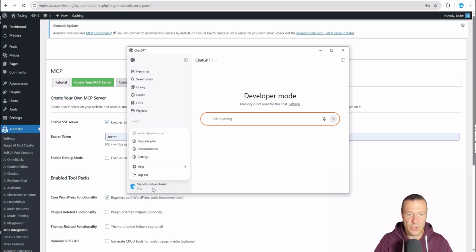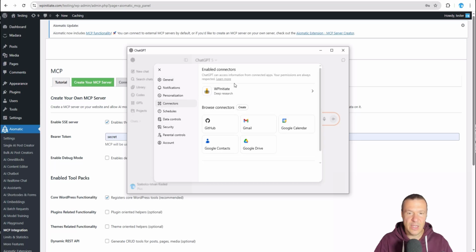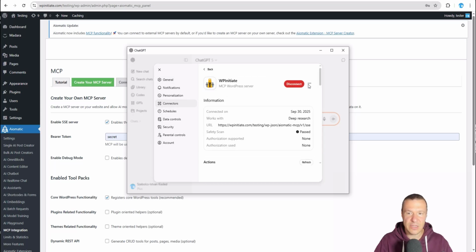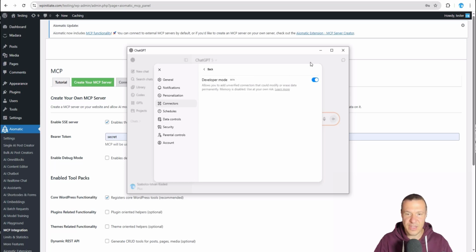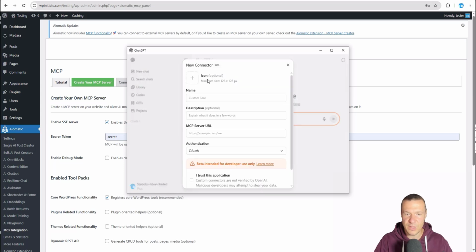So first of all, go here, click settings, connectors, and I already have a connector here. Let me disconnect it and delete it, and let me show you how to set it up. So go to advanced settings and be sure to enable developer mode. It is disabled by default, but be sure to enable it to have the blue color visible. And afterwards you will have this button here, connectors, create, and simply once again add the info that is required